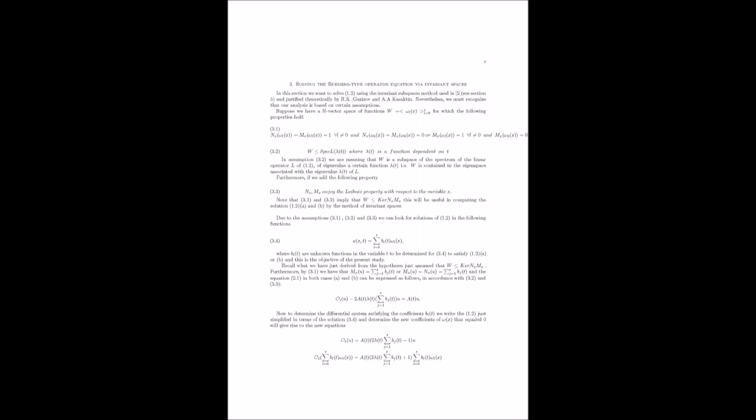Wait, hold on. So we're connecting fluid dynamics to the behavior of electrons and stuff now. How is that even possible? It's those operators again. Remember how they generalized the Burgers' equation by replacing specific terms with those more general ones? Well, it turns out that if you choose the right types of operators, you can actually create a link between the solutions of the generalized Burgers' equation and the solutions of the Schrödinger equation. It's like finding a secret passageway between the world of swirling water and the world of tiny particles. So you're saying that the same mathematical framework that describes how water goes down a drain could also describe how an electron orbits an atom. Exactly. And that's why this research is so groundbreaking.